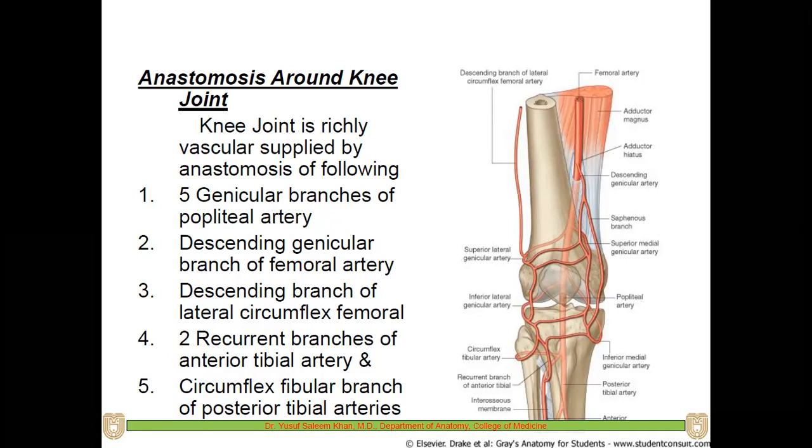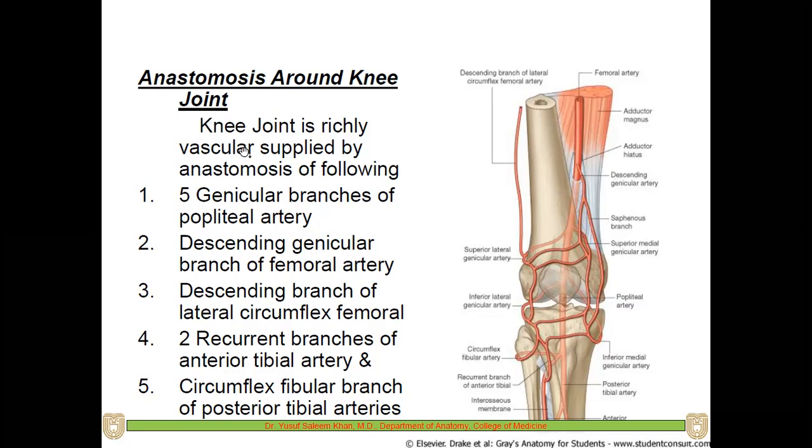Because whenever you are moving or folding your knees, flexing as well as extending the knee, these arteries can be compressed. If there is compression for a long time, then the area it is supplying will lead to hypoxia. So to prevent that, there is a continuous anastomosis between arteries. If one artery cannot supply, then the other arteries can compensate. So these branches form what is called the anastomosis around the knee joint.